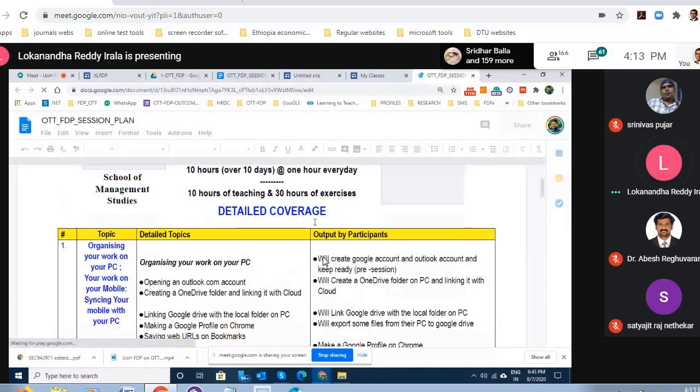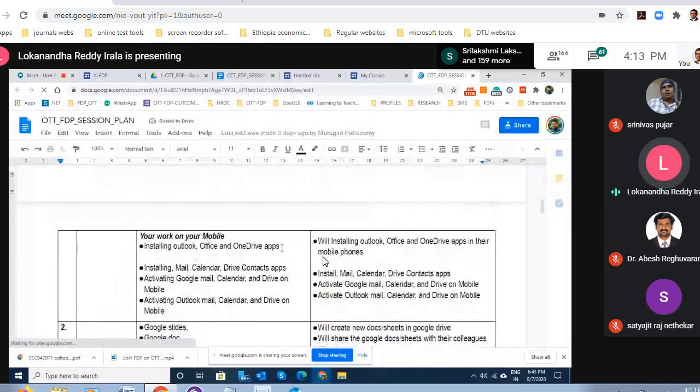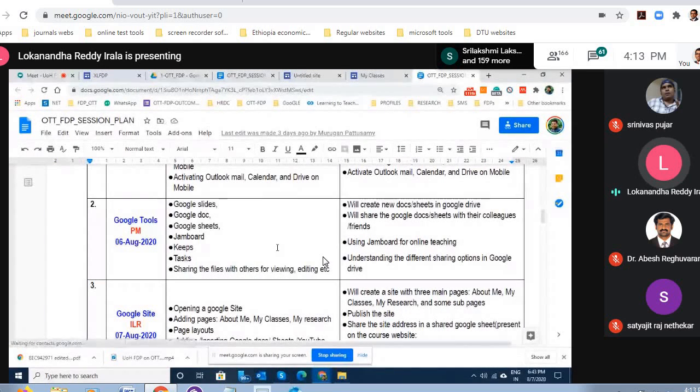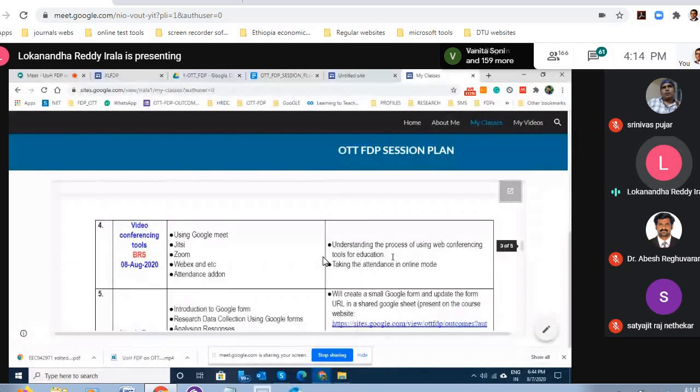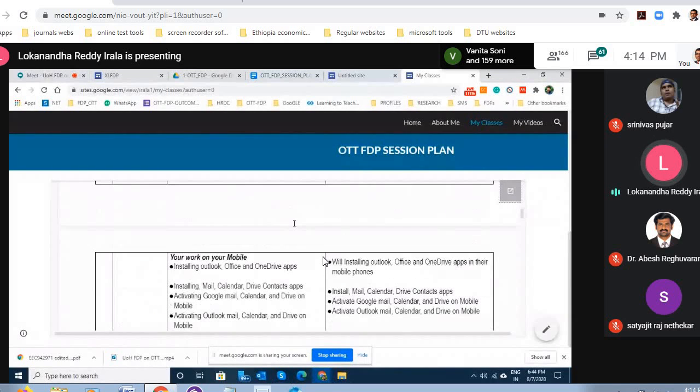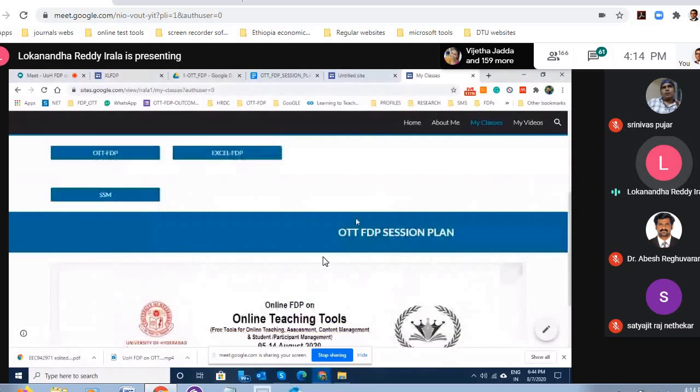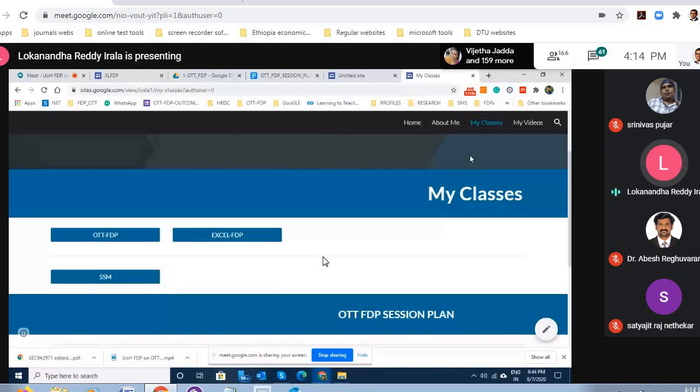and they can see. Now, this file is shared with Dr. Murugan as well as Professor Rajshekhar. So, if I make any change sitting in my home, if Dr. Murugan makes any change in this file sitting in his home, or Professor Rajshekhar makes any change sitting in his home, that information automatically gets updated here for the viewers to see. So now I need not edit the site. I mean, I need not come here and edit here in the site. If I edit it in my Google Drive, it automatically gets reflected here.